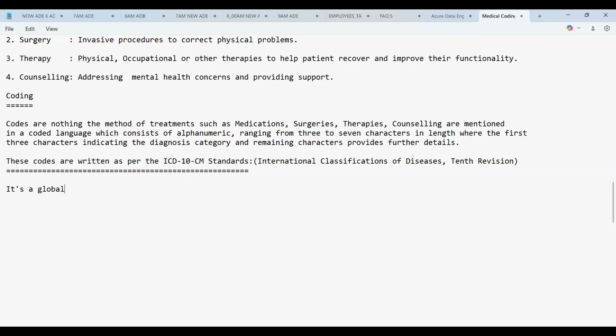It's a global system used to code diseases and health conditions for various purposes, including mortality,